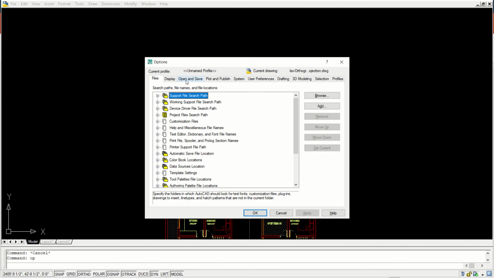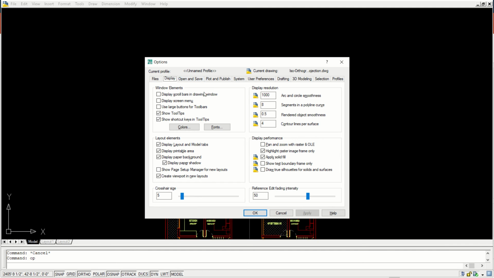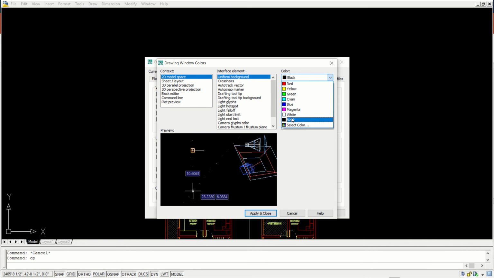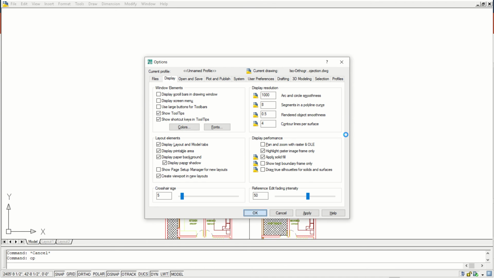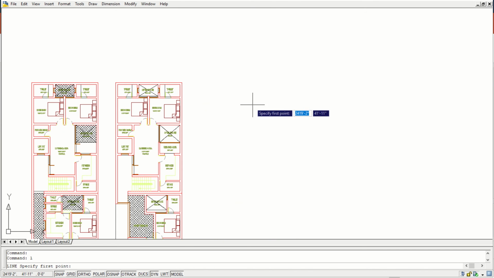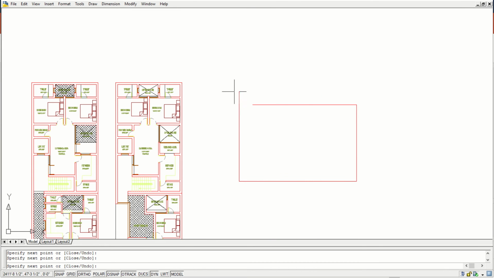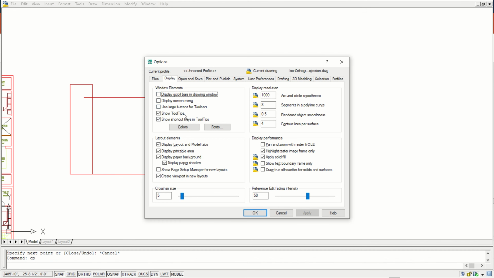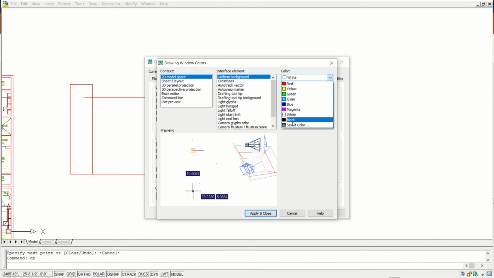So, for example, if I change it to white and that looks fine for you, just let me know. It will be in this background and we'll be drawing like this. Is this fine, or do we go with this black background?